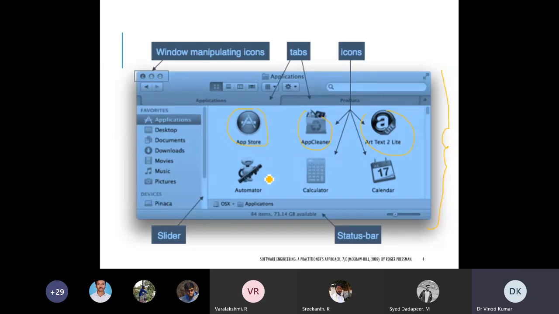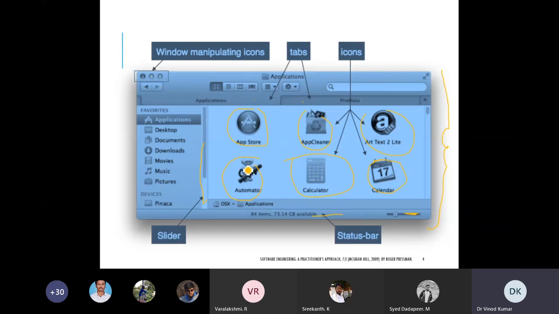You can click here, you can right click, you can double click, and you will be able to start this calculator. Certain types are there, and we can switch from one tab to the different types. With the slide bar, we can slide to visualize more items which are hidden. This sidebar information we can get. We can minimize, maximize.